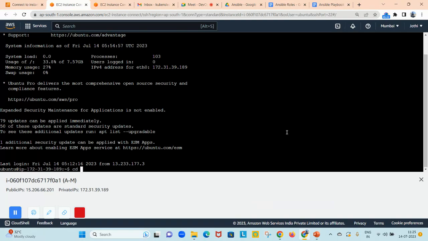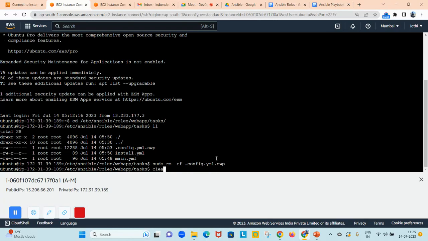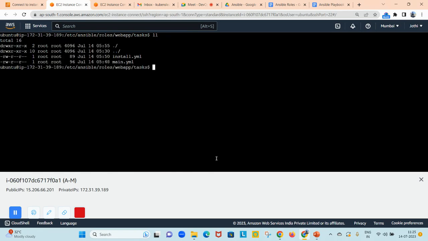cd /etc/ansible/roles/webapp, under this tasks. So already we have created a config file. So sudo rm -r. Since we left in between, it has been created wrongly. So let us delete that. Here, and then cat /etc/apache2, and then under apache2